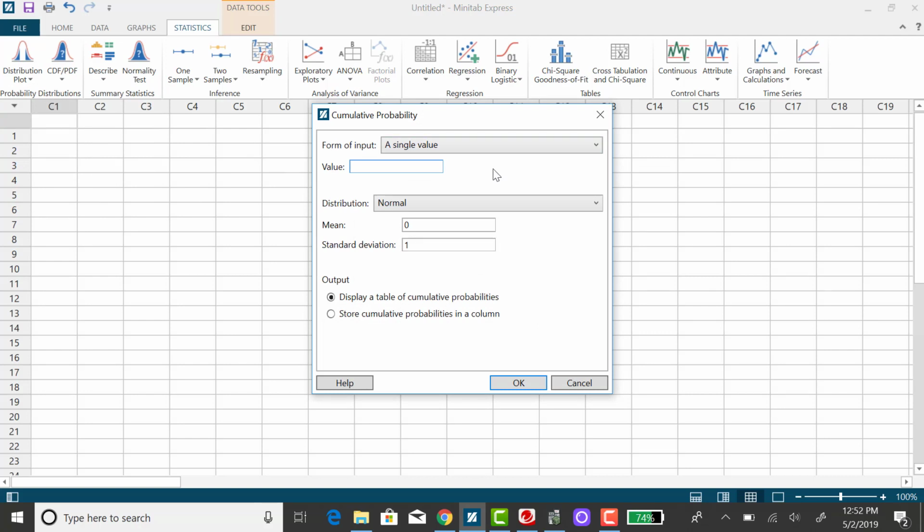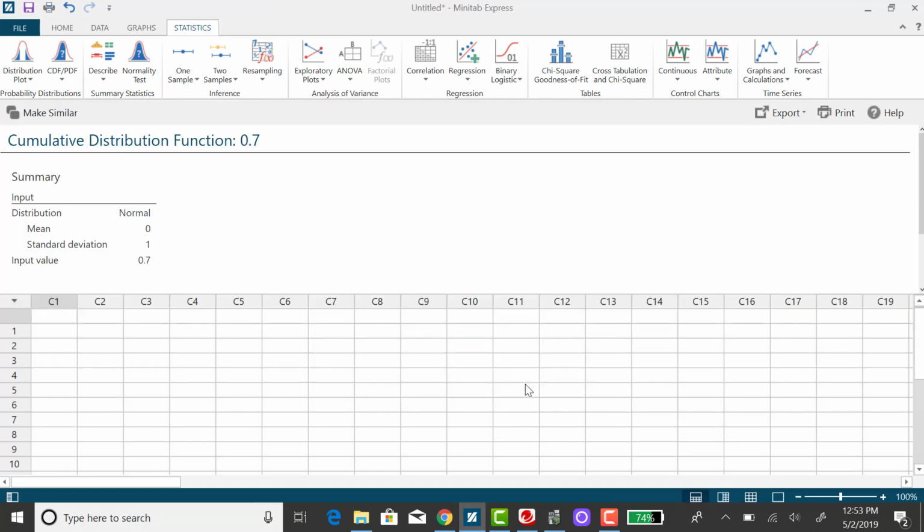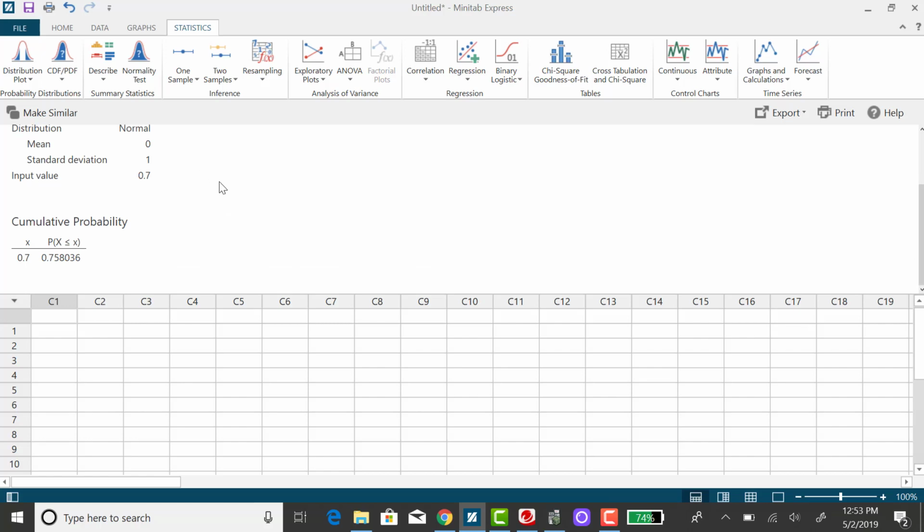And our input is a single value. And in this part, I want to find the probability z is less than 0.7. And click on OK. And looking at my output, and scrolling down, the probability x is less than or equal